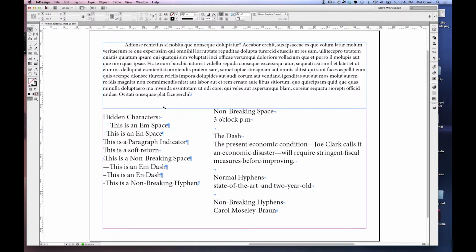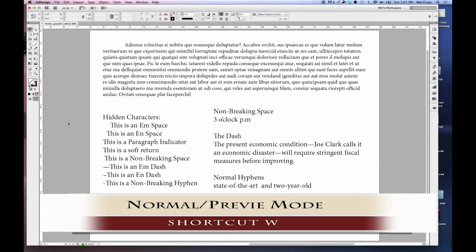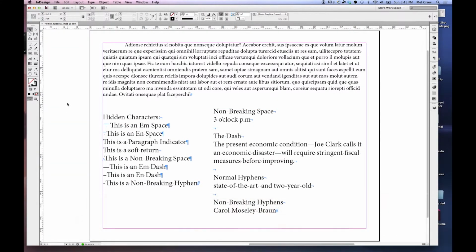Right now I am looking at my document in the normal mode. I can toggle between preview mode and normal mode with the keyboard shortcut W. The traditional space character is good most of the time for the main body of text. However, there are cases when you need a wider or narrower space between some words. This is where we could add an M or N space. While adding multiple consecutive spaces or changing the tracking settings are totally unprofessional and can create style overrides, InDesign provides a more elegant solution to this problem.